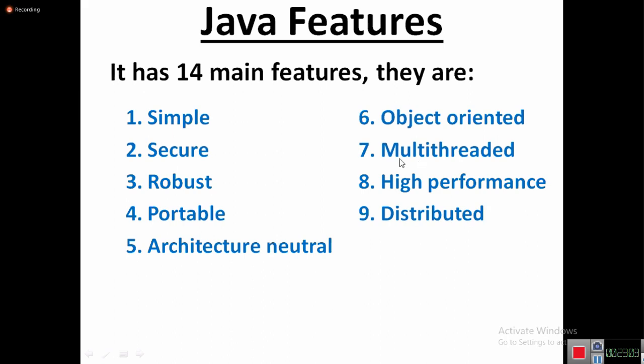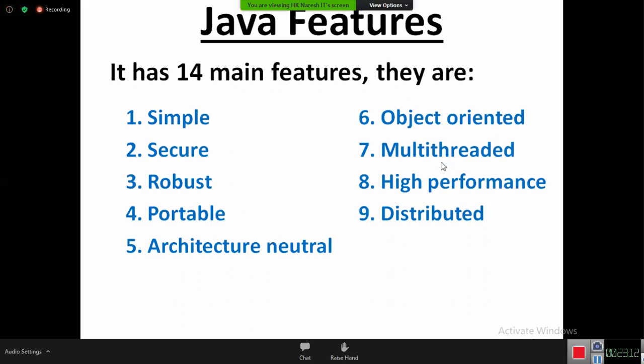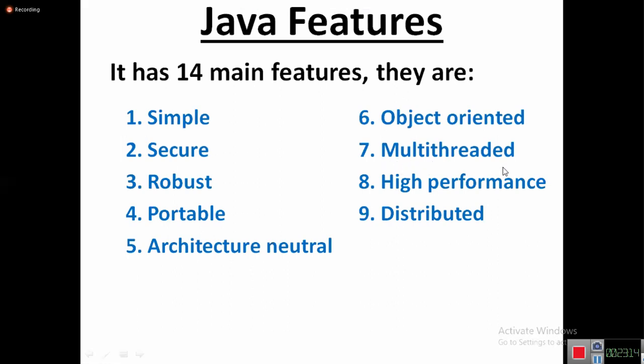Now you open Gmail or Facebook or anything. You go to facebook.com, enter your username, password, login. Then immediately you are getting a response. Immediately what thought should come? Hey, it is the multi-threaded nature feature, and fast execution coming, high performance, and the background project developed by using object oriented. And my accounts cannot be stolen by anybody, that is security. And suddenly if power goes off, my data is not lost. Robust.